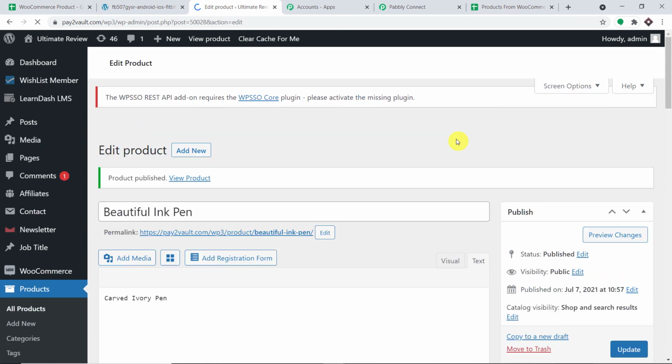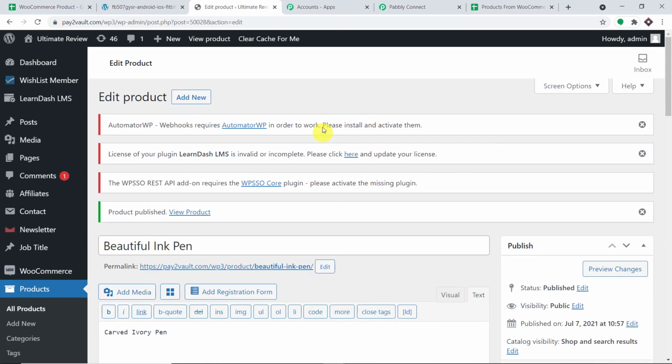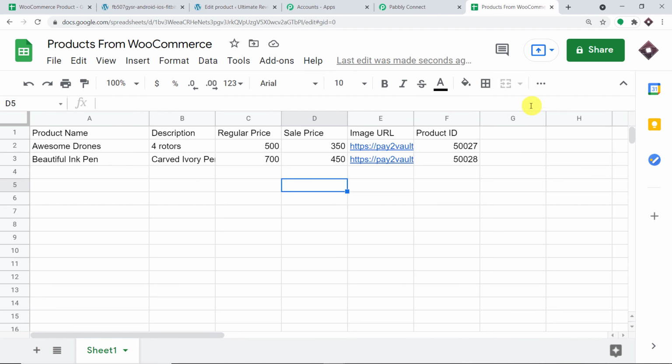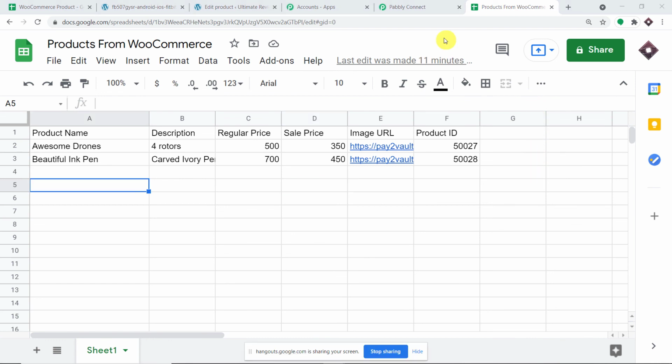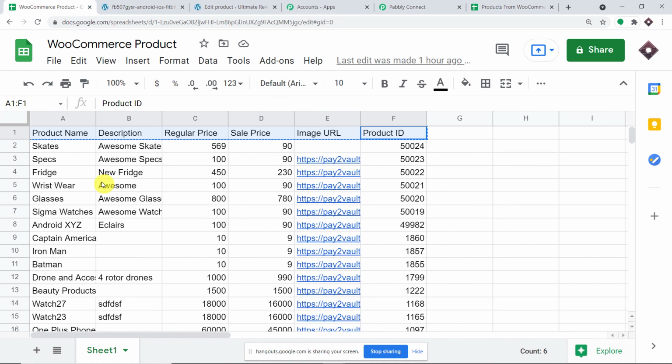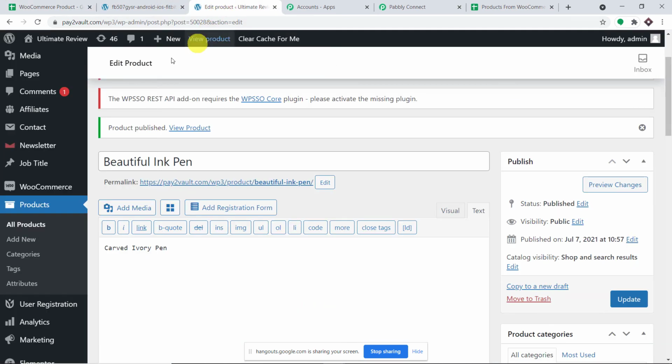Now the idea is that this same product will be added to my Google Sheet. So let's have a look. So as you can see, we have got the product detail. So technically our first condition is working, that if there is already a product present, the recently added product will be automatically added in my Google Sheet. Now what I'm going to do here is to bring the rest of the products. Okay, so this was the rest of the products. Okay, so let me just show you.